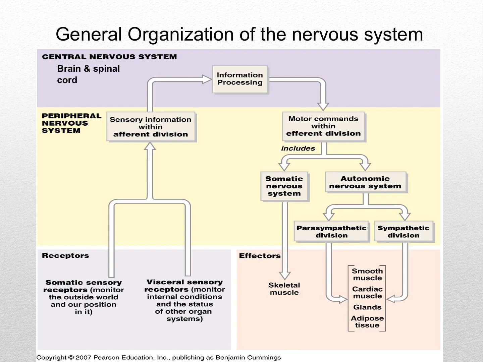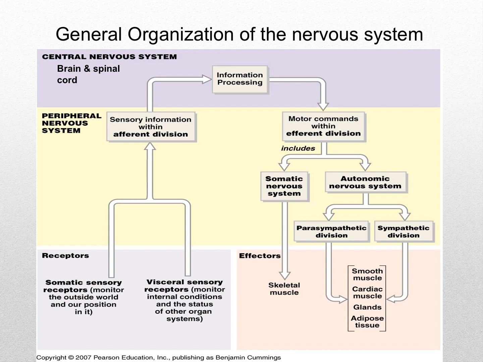Your somatic nervous system will include information for muscles, joints, skeletal muscles, joints, and the skin, or it will go towards your